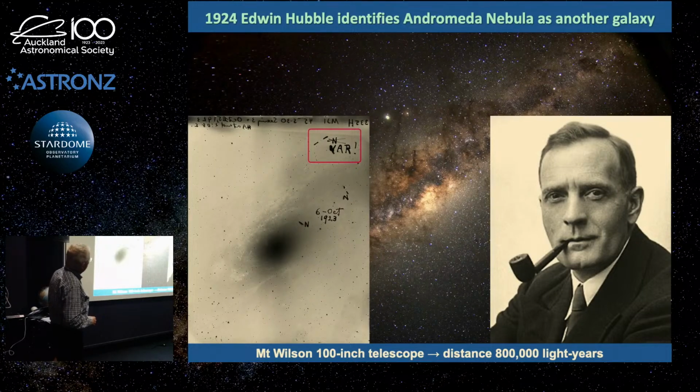And then as he went through some of the older plates in the library, he noticed that this star here actually was on previous plates, but it was a lot dimmer. In other words, there was a normal star there. It wasn't a nova. It was fluctuating in its brightness. And he recognised that, hey, this is a variable star.